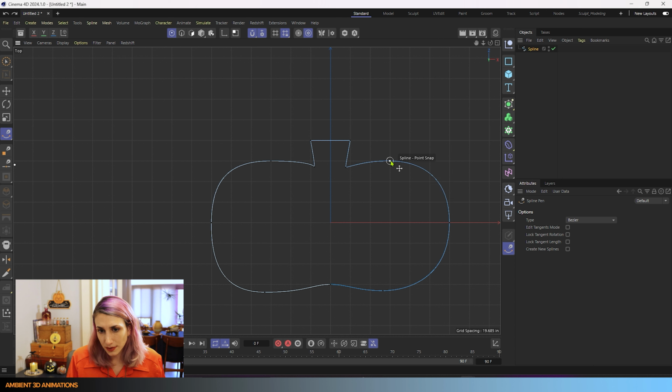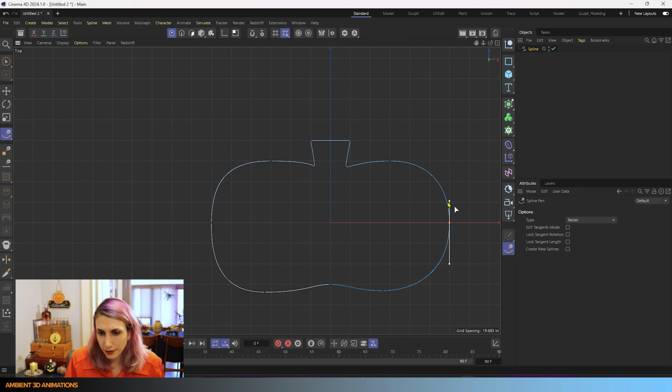So right now, this is actually a soft edge because these 2 points, if I click on them, you'll see that these 2 points have nice tangents on them, and that's making this edge soft. Now, if I wanted to make this a hard edge, it's just going to become linear as such. So now we only have a tangent going that way, we only have a tangent going that way. And that's the difference. We can turn that back to a soft edge and adjust our tangents as needed.